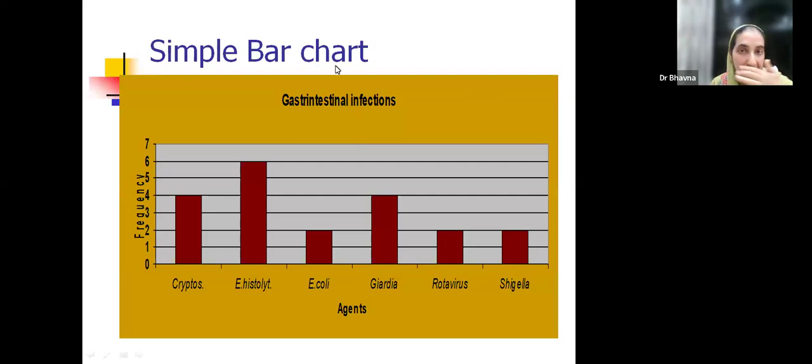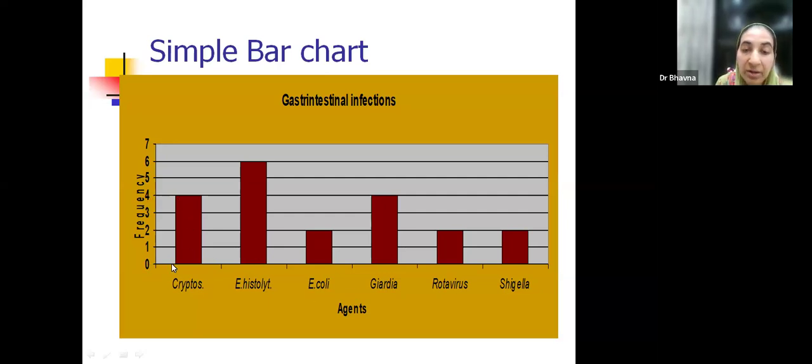Okay. Look at this bar diagram. It is a simple bar chart. At the x-axis, the horizontal axis is the x-axis and the vertical axis is the y-axis. The vertical axis always starts with 0. We studied that there have to be spaces between the bars. This is a bar diagram. When there are no spaces between the bars, it's a histogram. So in a bar diagram, there are spaces between the bars and the y-axis starts with 0. Always remember. You're naming it and you're writing the count here.